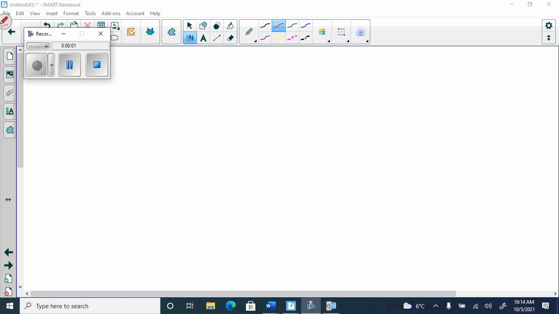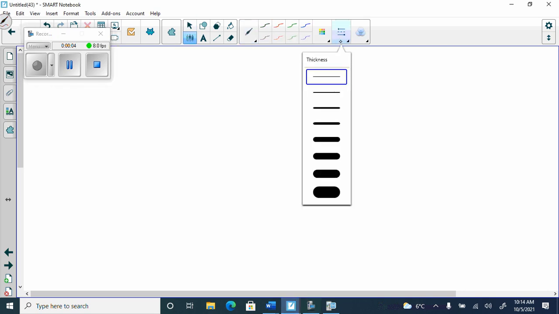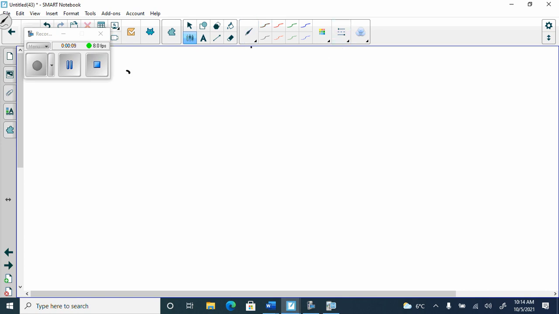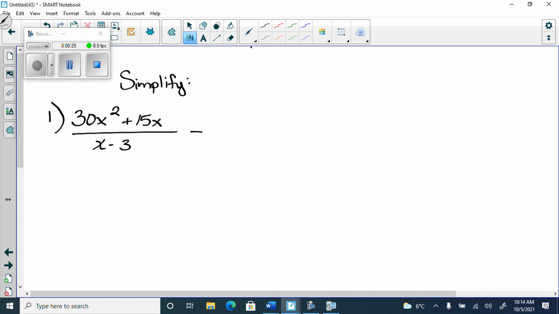Questions that I'm going to give you are simplify. So I'm going to give you a couple rationals, then I'm going to give you some set. Rational, set, rational, set. So simplify is the first one, and it's going to be 30x squared plus 15x over x minus 3, divided by 2x cubed plus x squared over x squared minus 3x. That's number one. Then number two,